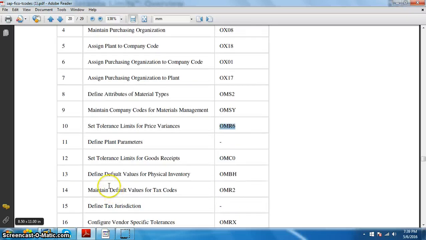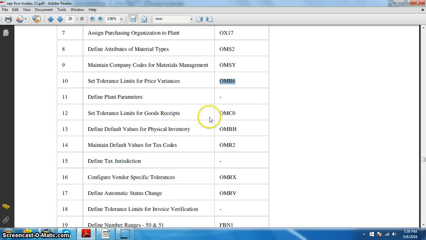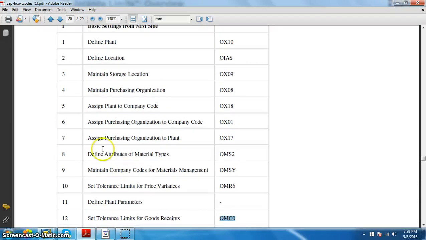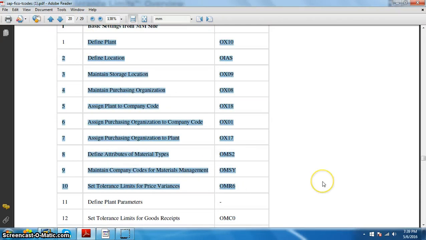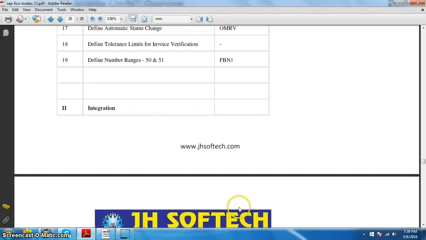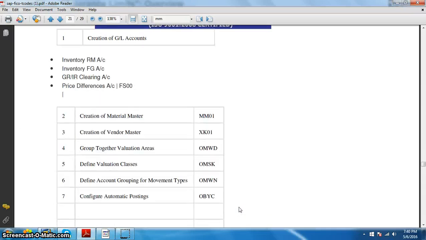And there are some defined parameters, and then we have set tolerance limits for goods receipt, OMCO. These steps we are going to do in the next video. So in this video we have covered the first 10 steps of the basic configuration. Going forward, in the next video we are going to discuss the remaining 10 configurations, and then we are going to start the integration part between the